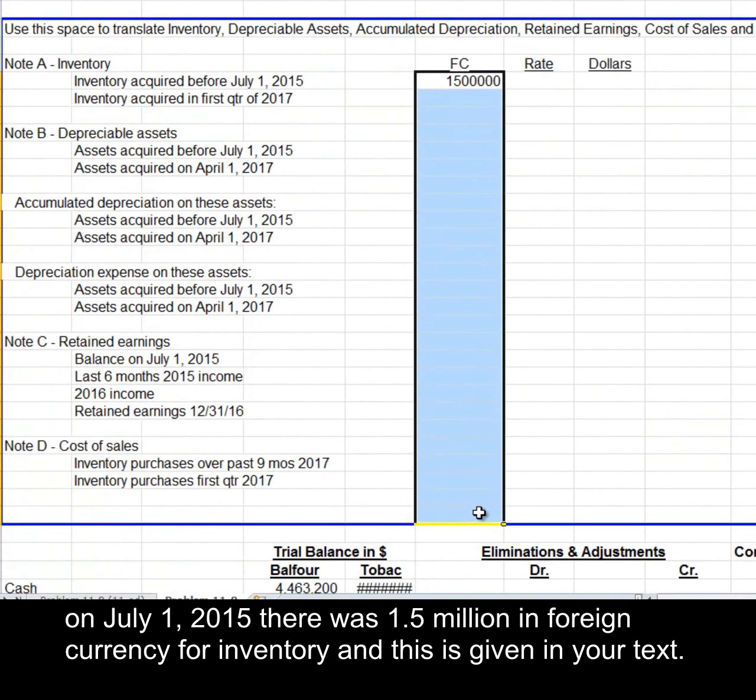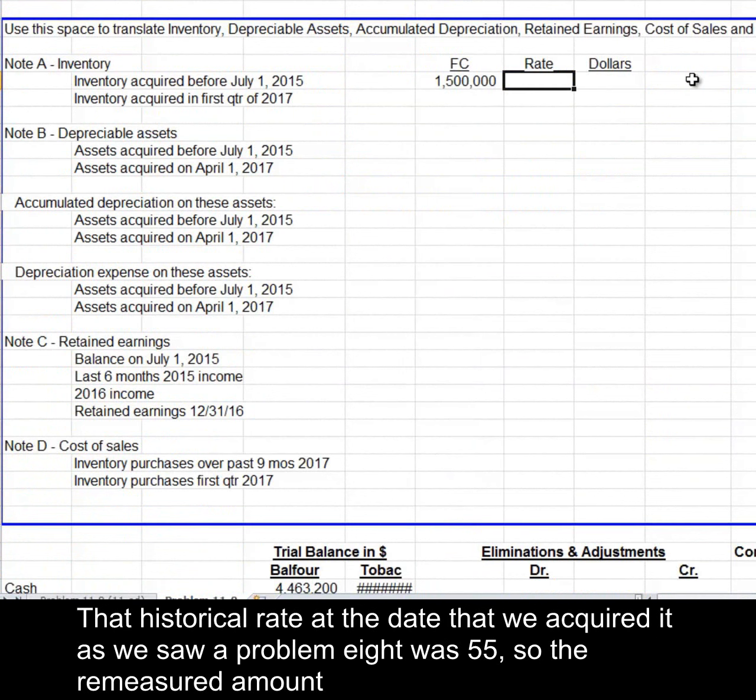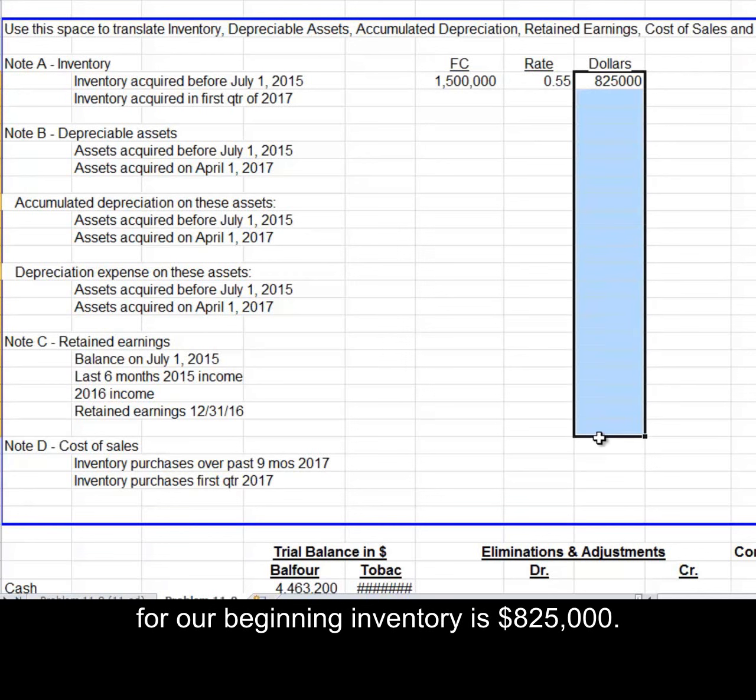And this is given in your text. That historical rate at the date that we acquired it, as we saw in problem 8, was 55. So the remeasured amount for our beginning inventory is